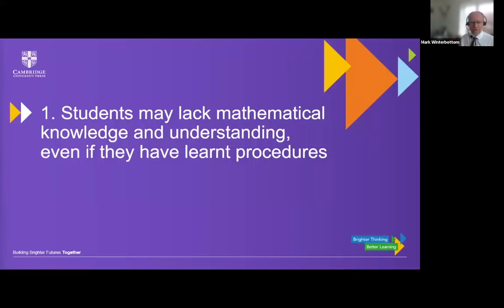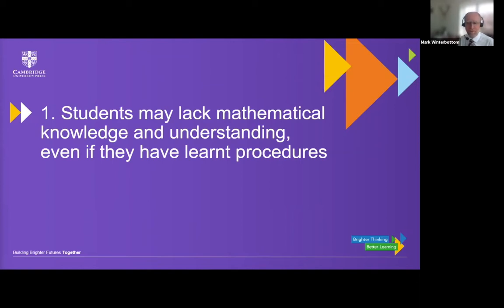So our first challenge is that students may lack mathematical knowledge and understanding themselves, which we really don't know about because we're not their maths teacher. So in many classrooms, maths is taught really as a series of techniques to be learned rather than as a set of understanding. So if a child's got an understanding of maths, they're more likely to see how maths applies when they're learning science. However, if they've just got learnt techniques, it's much harder for them to see how to use those